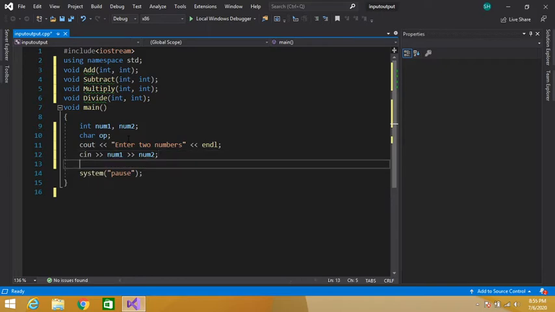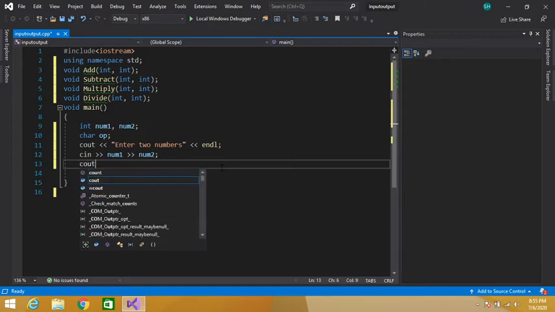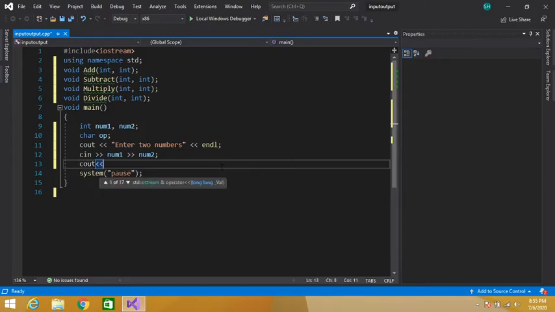So now I have to take input in our operator, the character variable operator. Cout enter operator.